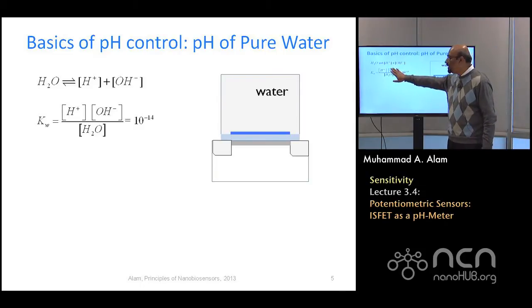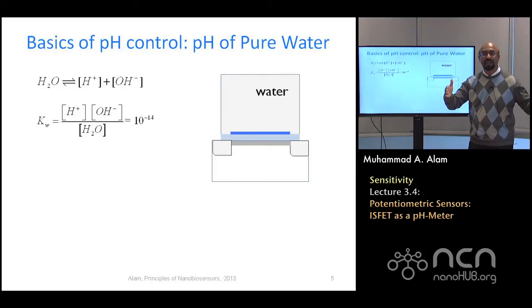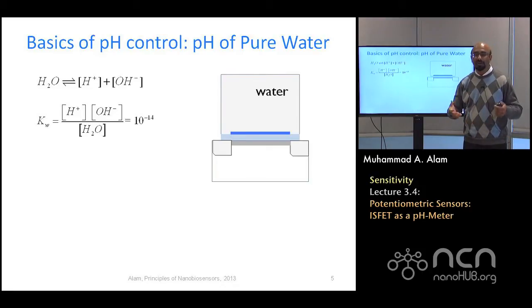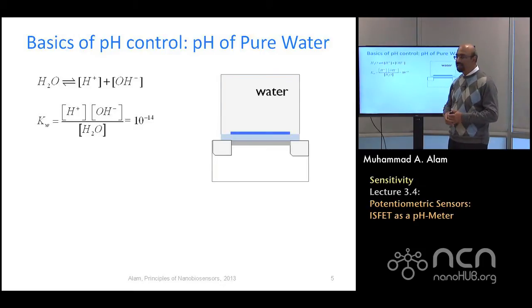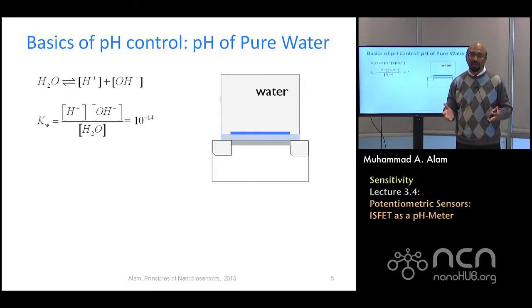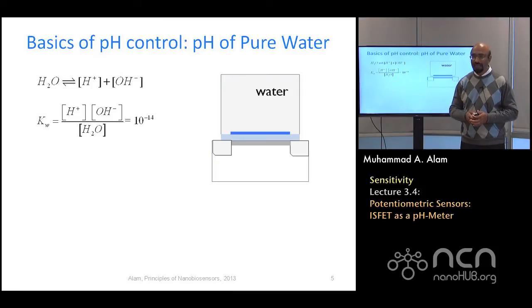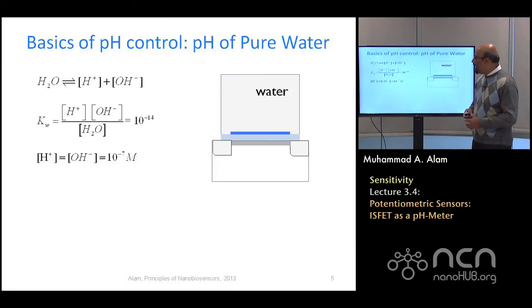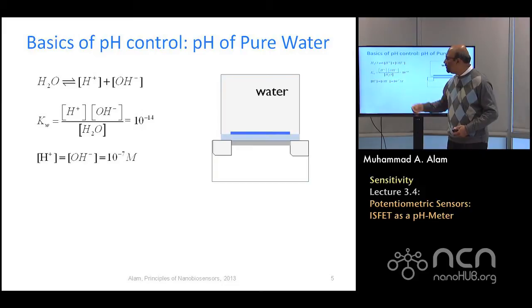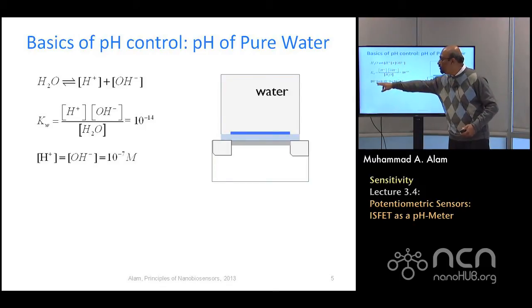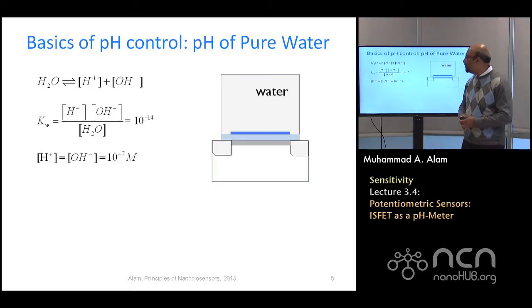This minus 14 is an experimentally measured quantity. This minus 14 defines the range of the pH, right? Because all the solutions essentially are in water. Therefore, this defines the range. If you had some other fluid in the background, your pH range would not be from 0 to 14 anymore. Now, how many hydrogen and OH groups do you have? Remember, every time one water molecule breaks, you have one hydrogen and one OH. So their numbers must always be equal.